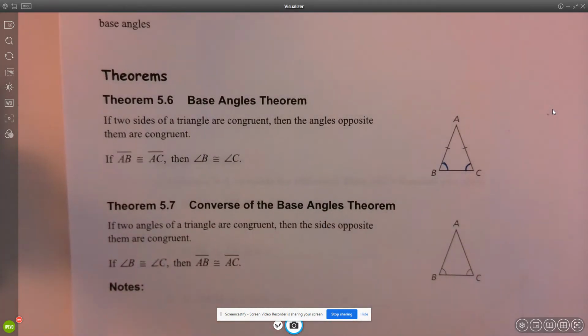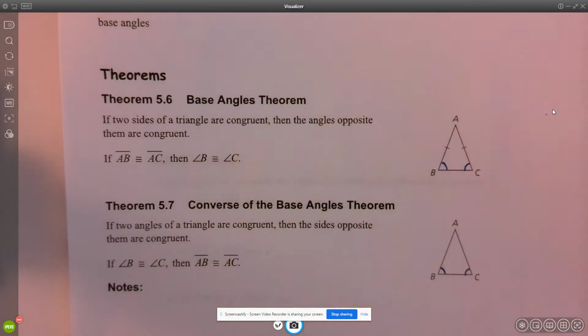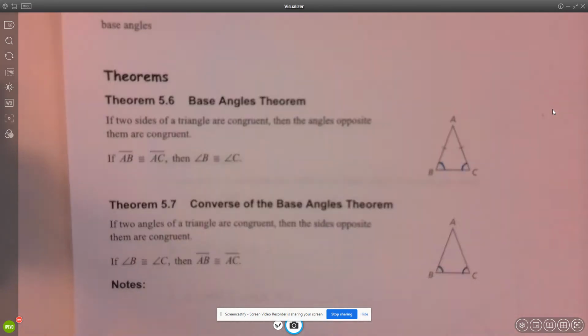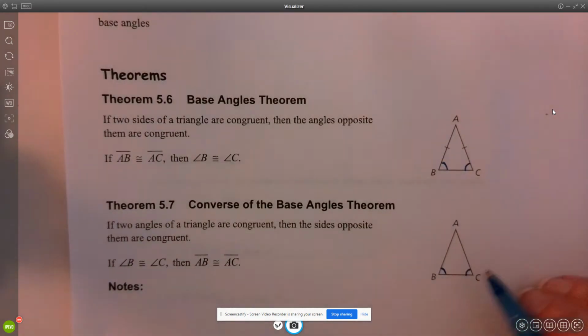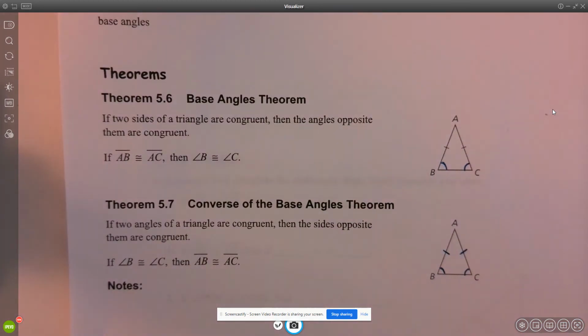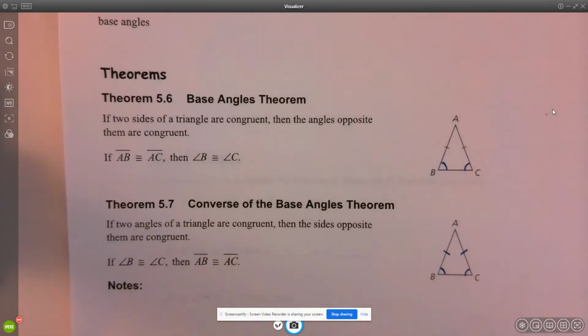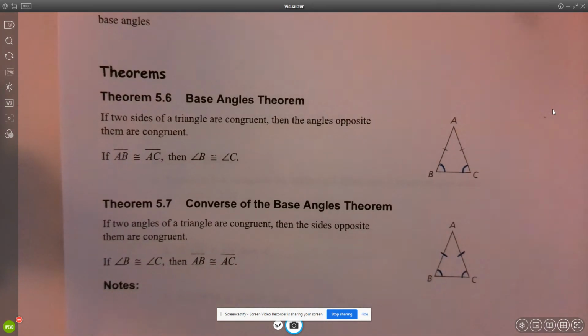It says if you have a triangle and you notice that two angles are congruent to each other, it means it's isosceles and that the sides opposite those two angles are congruent. And so what we can do is find congruent sides and congruent angles in isosceles triangles using information that we know. So we're going to go ahead and turn the page